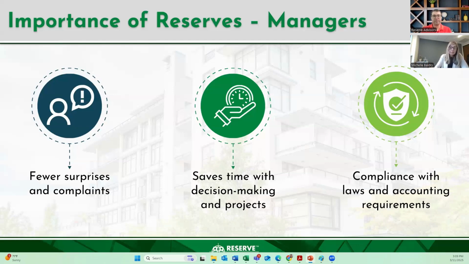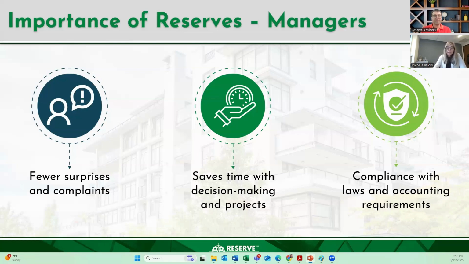Really, the market's getting more savvy. They're aware of the overall cost of ownership and maintenance, and everyone's doing what they feel they need to do to protect their investment. Why does a mortgage company want to see the reserves? They want to ensure that this association is properly funding. They don't want to potentially issue a loan to a buyer if this association is in a lot of hot water, where they see a lot of special assessments, underfunding. It's a risk for them.